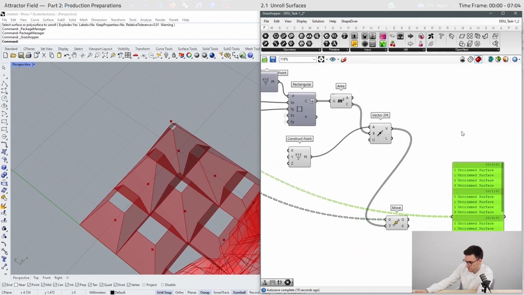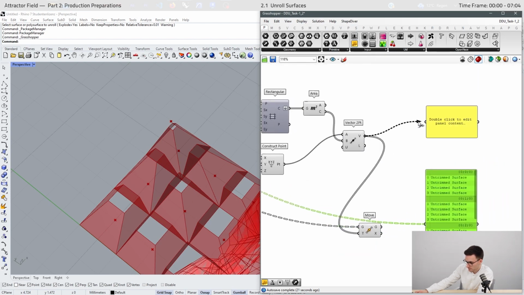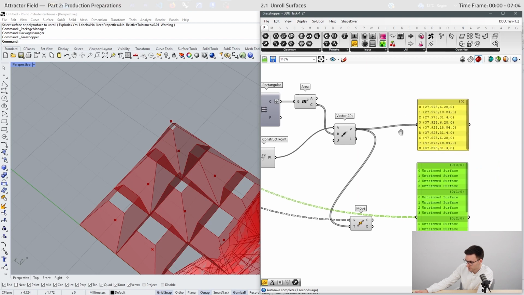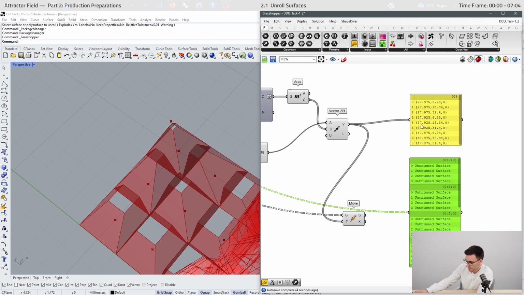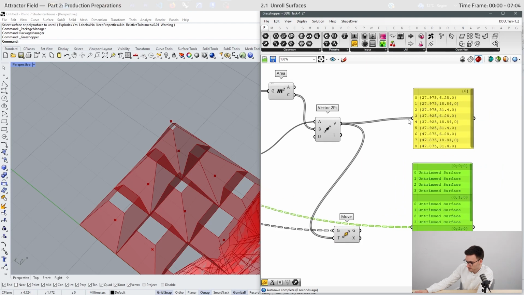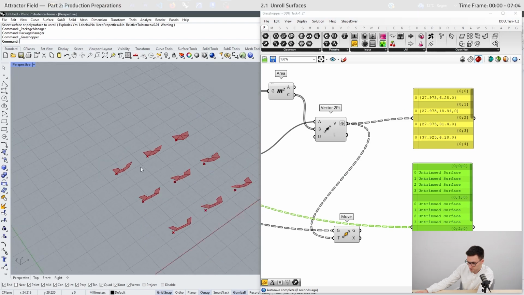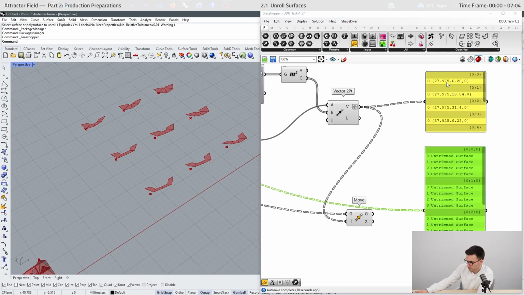And when we look into our list structure here, we can see that all vectors are in one list, but we need one vector for each list, for each pyramid. So we graft this list, so now we have all the vectors in their own lists, and the first vector is for the first list right here.